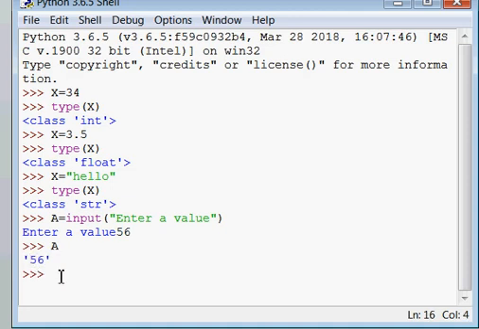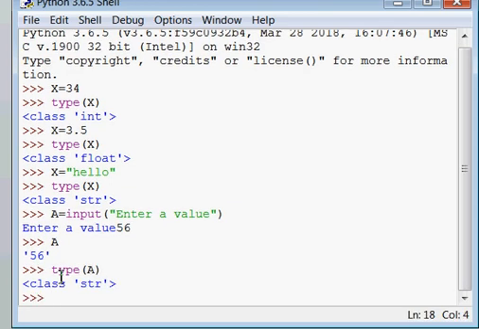So it means if you check the type of a, it will generate the type string, because by default the input function receives any value that you may have given in integer, in float, or in string, but the computer will receive it by default as string type always.